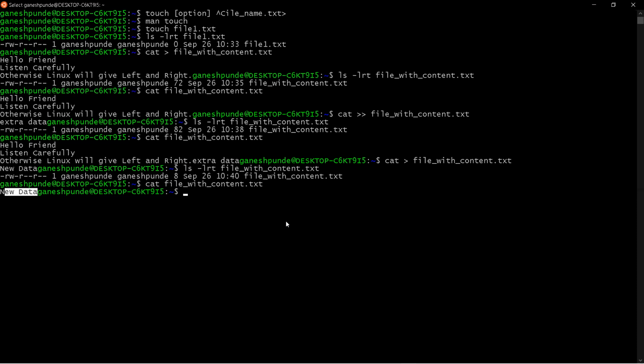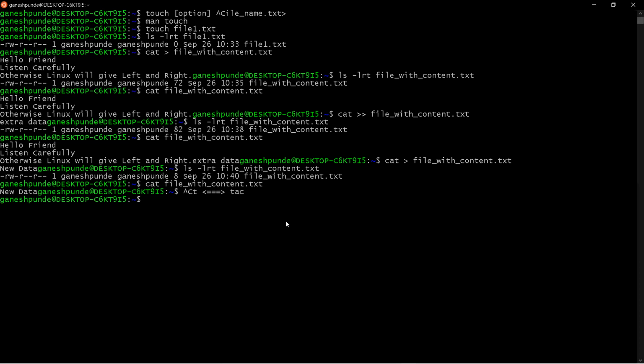If you see cat, this command is used for viewing the content of the file, and you can also create a file with content. We already covered this. But exactly opposite of cat we have tac, T-A-C.